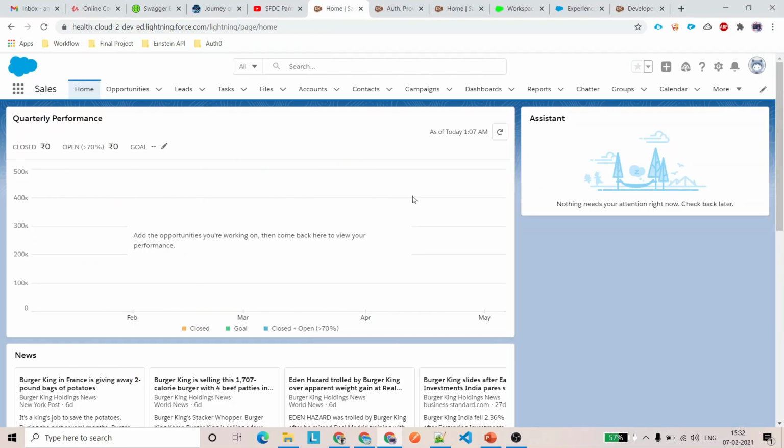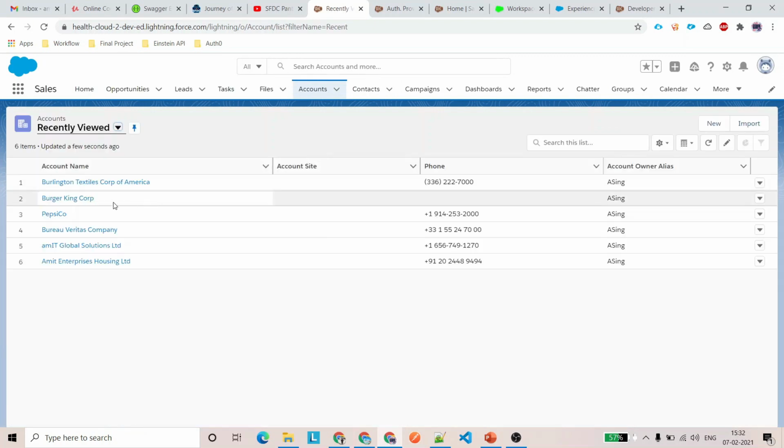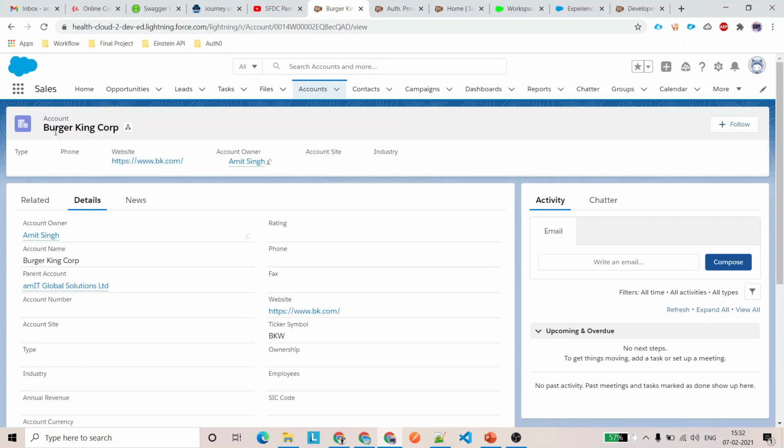When we are trying to create a community user, the first thing we need to make sure is that an account is enabled for portal users. Suppose that this is the account, Burger King Corporation.